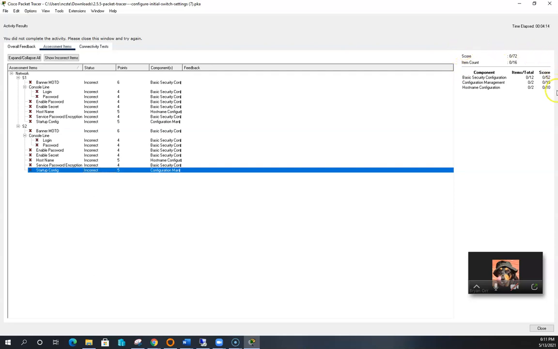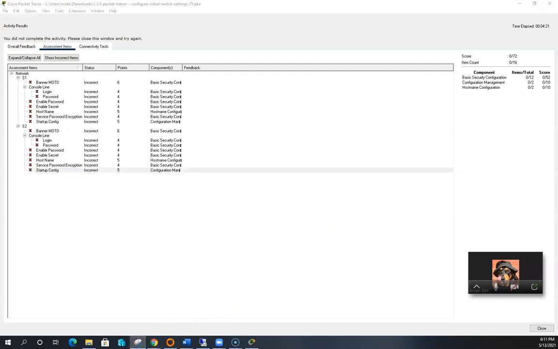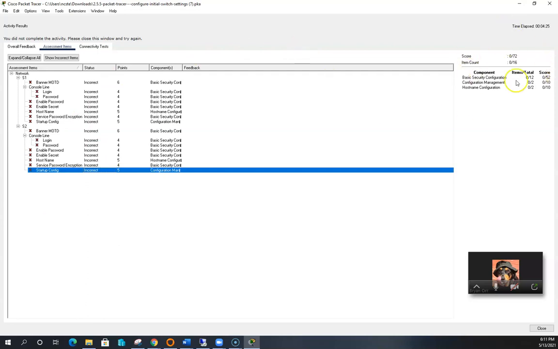I need to be able to see your score information over here. So get a screenshot of all of this. One thing you can do is use the snipping tool, or however you want to do it, and just get a screenshot